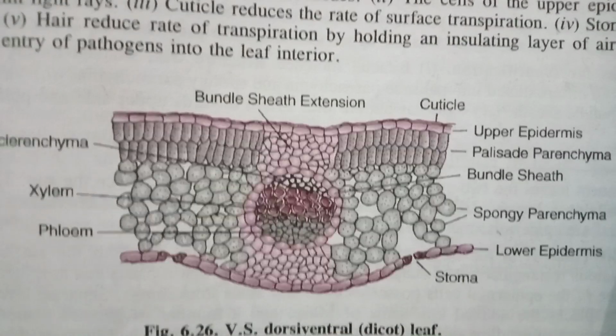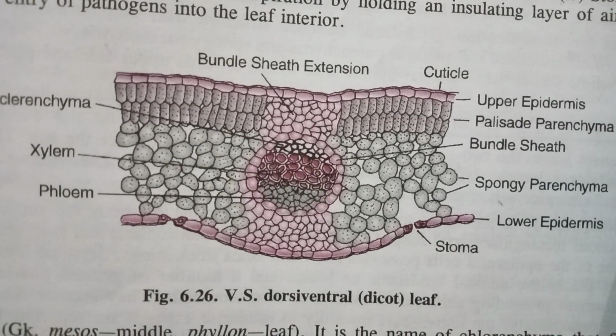So as you can see, this is the internal structure of a dorsiventral leaf. So these leaves are flattened structures with dark upper or adaxial surface which faces the sun, and the lower surface, it is facing towards the earth, okay. So their position is in that particular manner in the plant. Here the veins are prominent. Now these particular leaves in their anatomy, they show distinct and different regions.